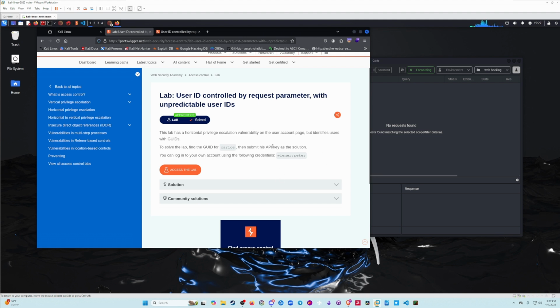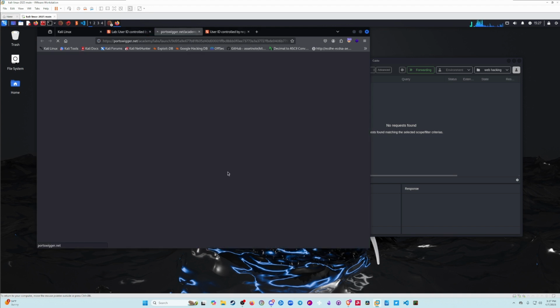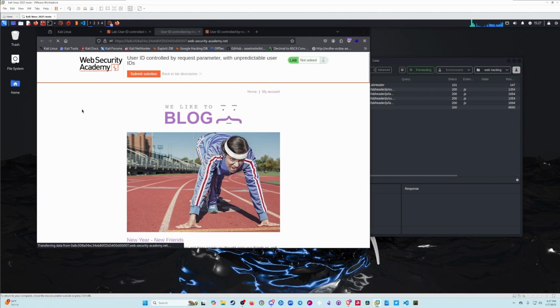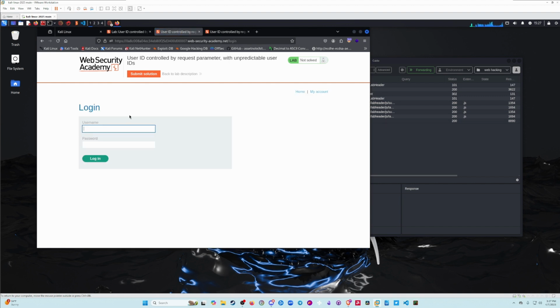So to find the GUID of Carlos, we first need to find a GUID, which is typically a random string that could be a combination of letters or numbers, or it could be a username that is encoded and turned into a set of integers inside a parameter. So when we log in,